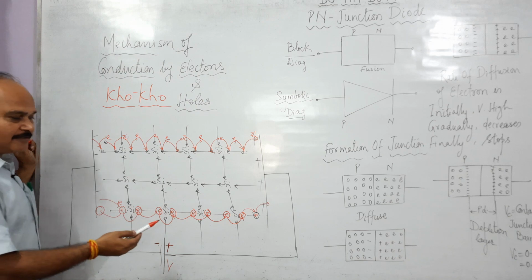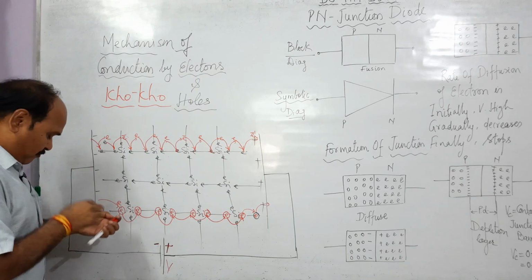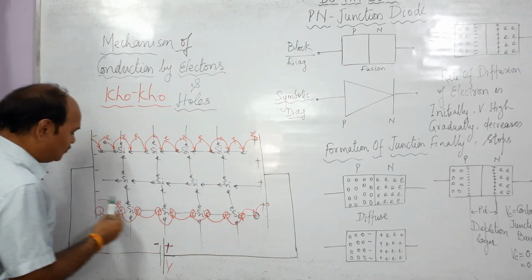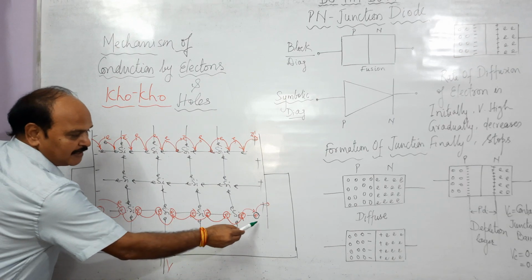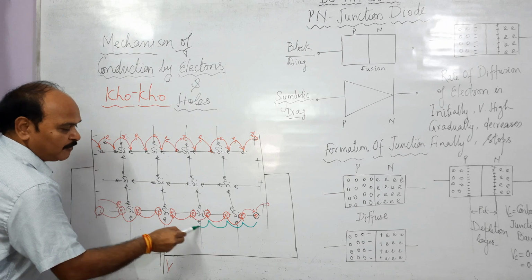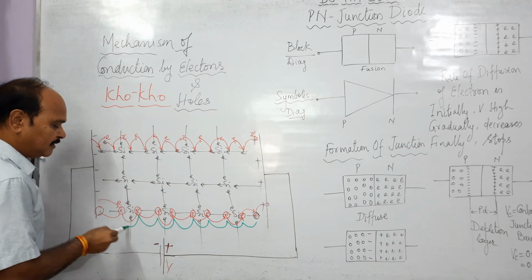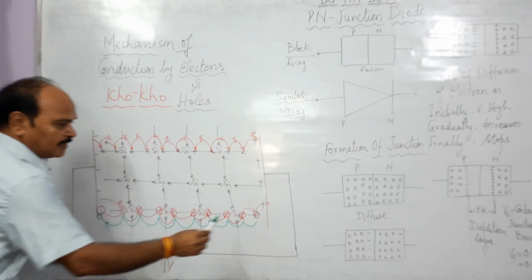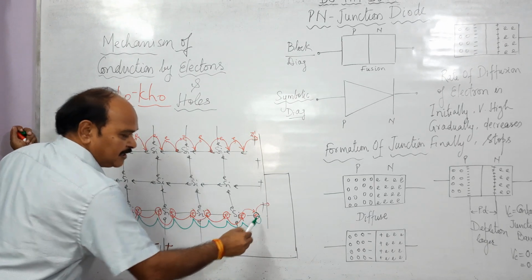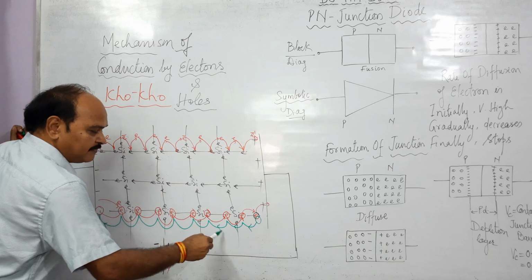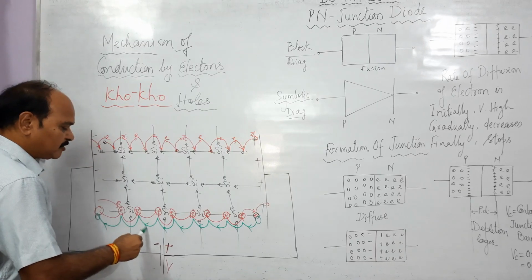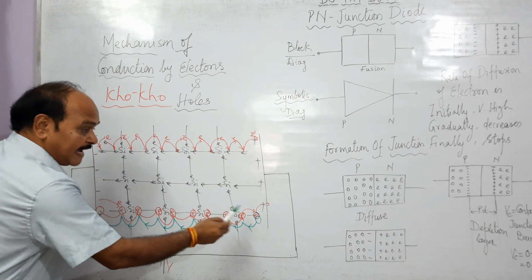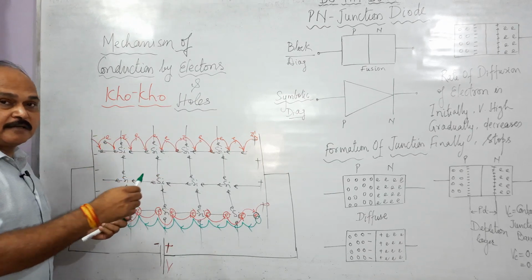So what is happening here? See, the holes are moving. This was the free hole. It is moving where? Towards the negative plate, and they are moving here like this. That's how the holes are moving. As the hole moves out of the external circuit, an electron jumps out so that a fresh hole is created here. See, the holes are moving as if they are positive charges, but they are not. Whichever place electron they catch, they themselves move there.